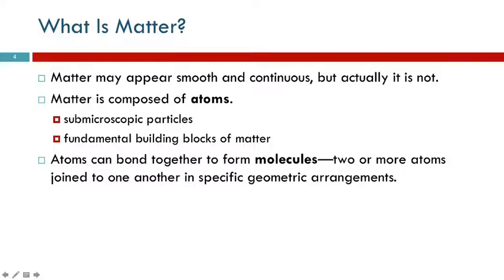Matter often appears smooth and continuous. Look at the table on your chair there. It's pretty smooth, right? It looks like one solid piece. But it actually isn't. It's composed of atoms. So if we were able to zoom in, we'd see that it's essentially composed of a bunch of little spheres,